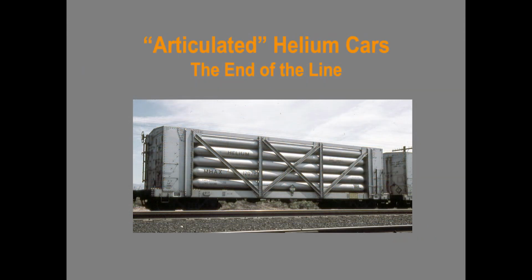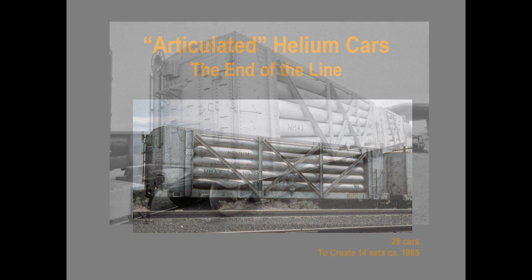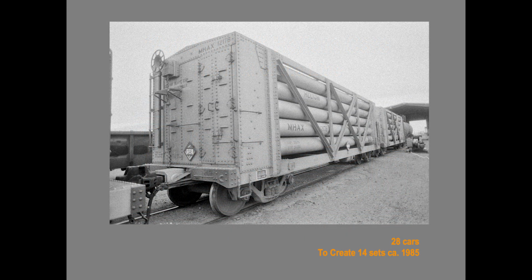We'll touch for just a minute on the articulated cars that weren't. The government called them articulated cars. All the documentation we have says they were articulated. To me, an articulated car means something that's got a drawbar that's permanently coupled together. Well, they weren't. They had shelf couplers on them, which are these things. They had a little pin between them that they dropped in there to make them somewhat permanently coupled, so they